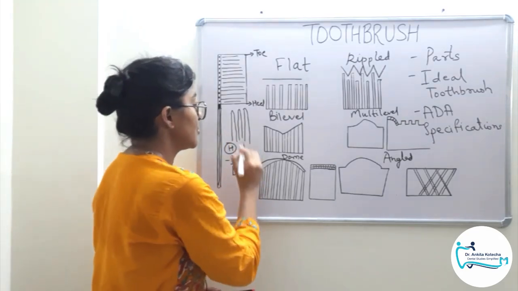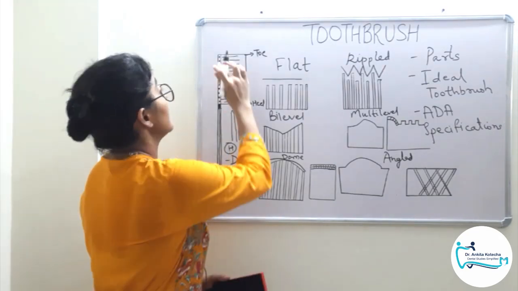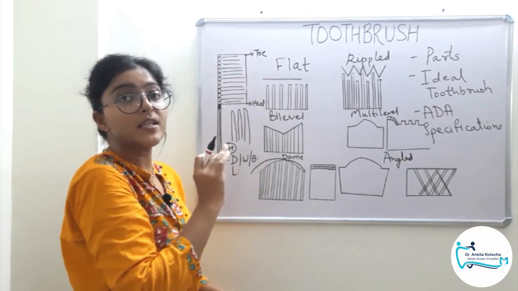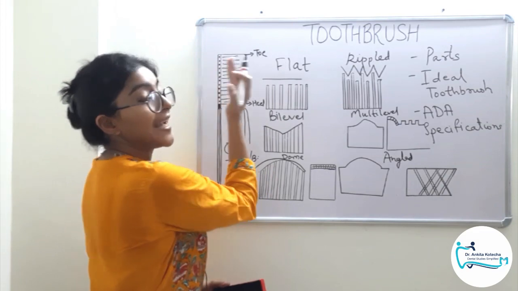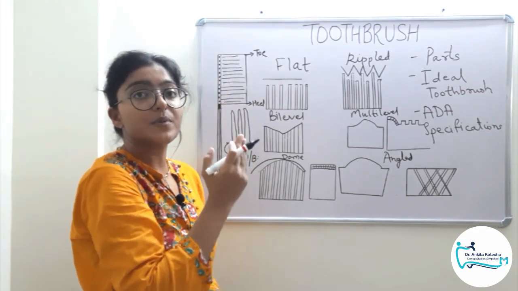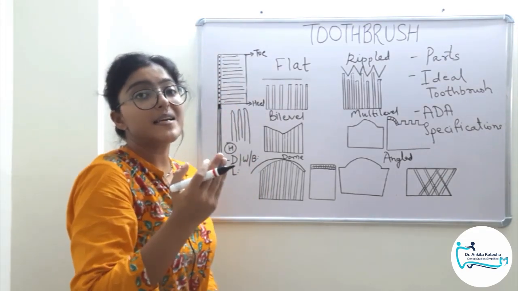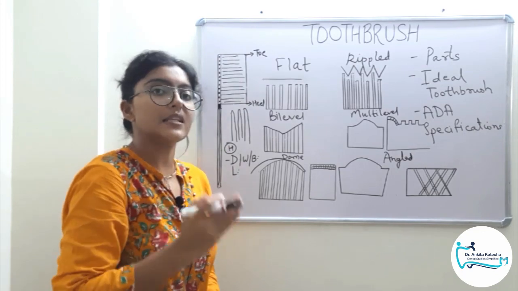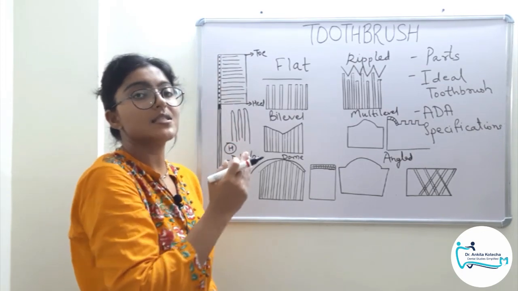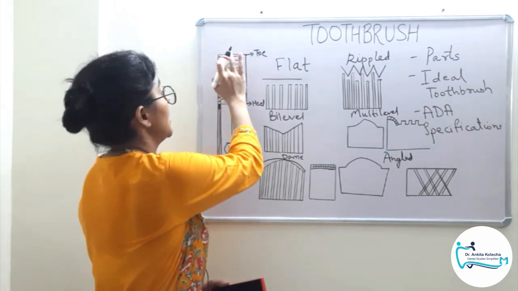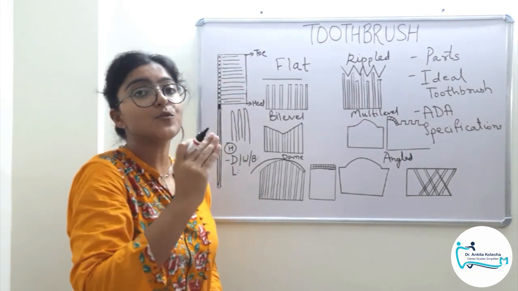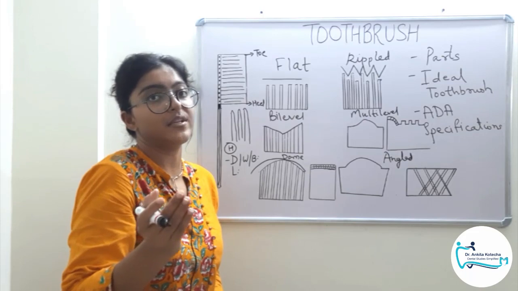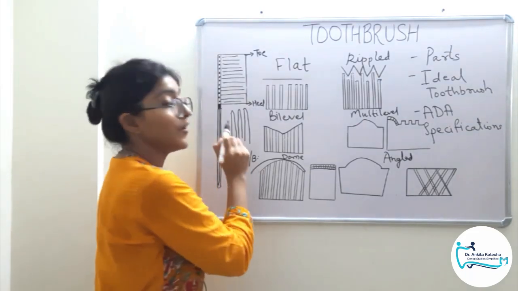So in terms of inches, the length of the head should be 1 to 1/4 inches, and the breadth, the diameter, the width should be 3/8 to 5/16 inches. This is in inches. The same dimensions in terms of number of tufts is 5 to 12 tufts in length and 3 to 4 rows of tufts in the width. So these are the dimensions of head.